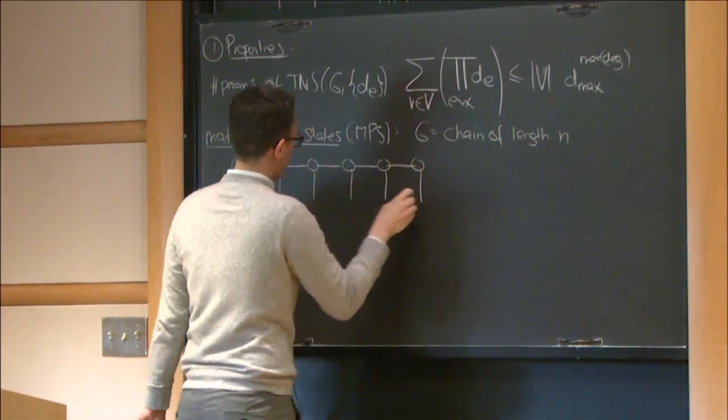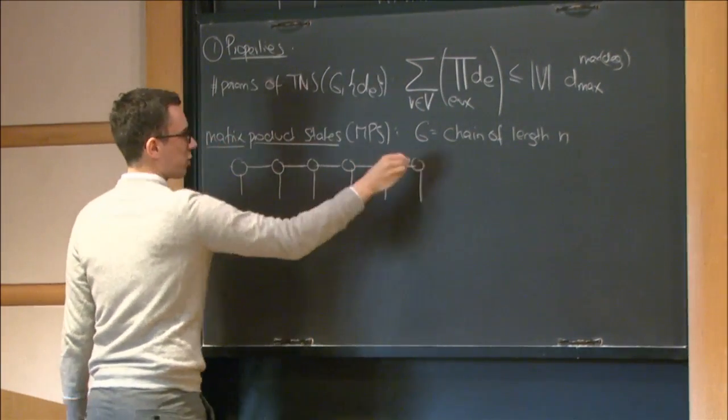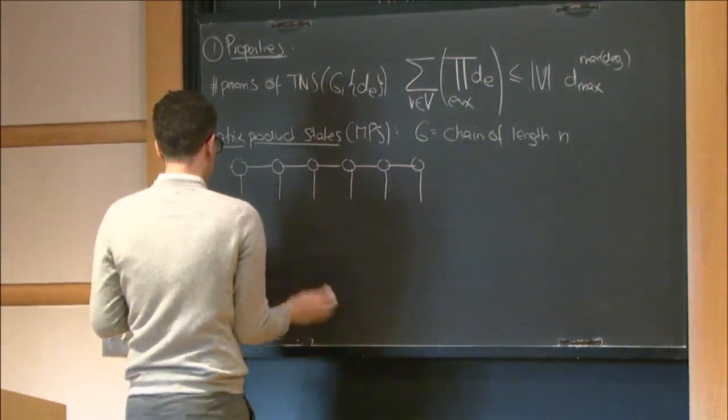And one can look at versions where all the tensors are the same, and maybe you have cyclic boundary conditions. So we look at a cycle, or ones where the tensors are different. Okay. So these are